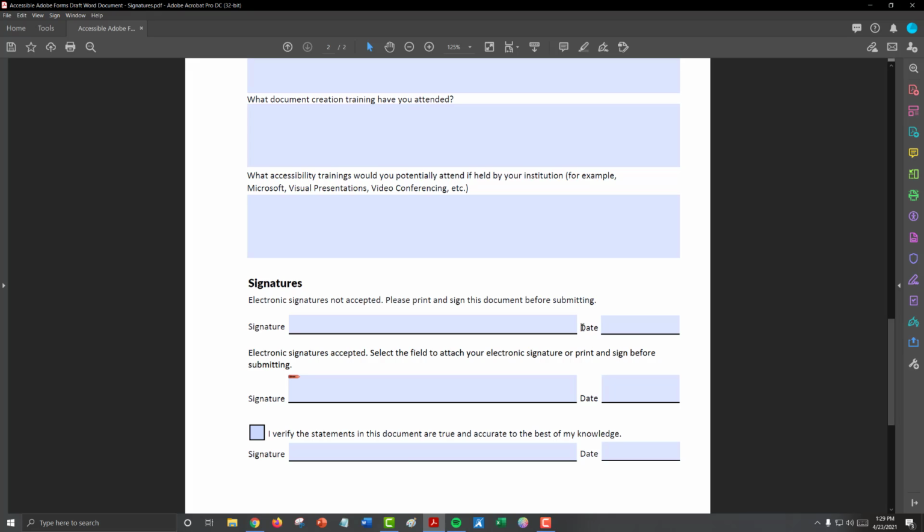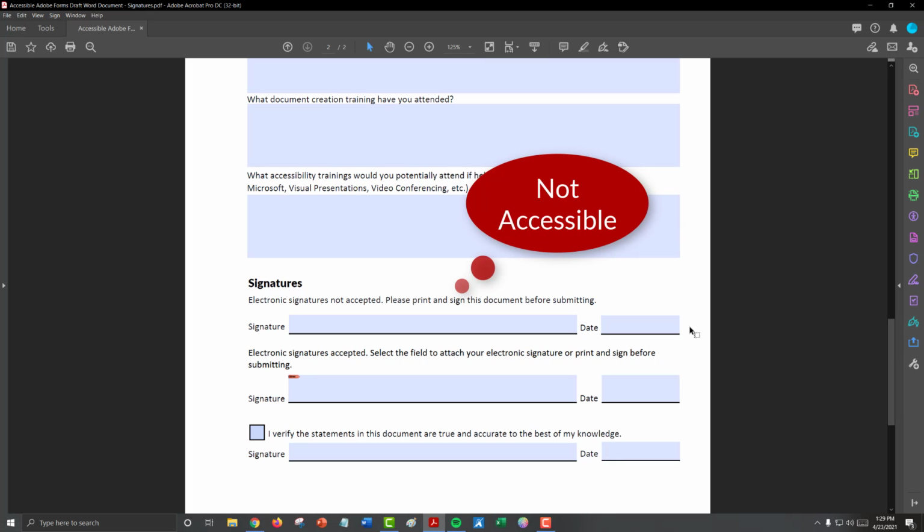Please keep in mind that requiring someone to print the form and sign the document physically before submitting the document automatically makes your form not accessible. This format presents barriers for users before they even get started. First, they have to access a printer. Then they have to actually sign the document. Then they have to find a way to actually get the document back to you. So not allowing any kind of electronic signature and only having a physical signature is probably the least accessible way to collect information from users using a PDF form.